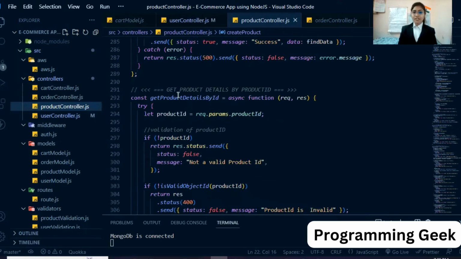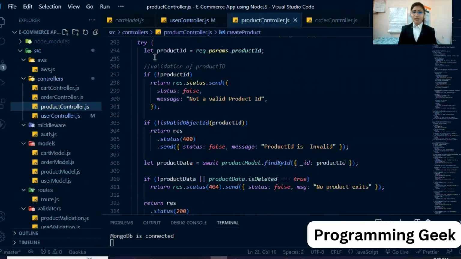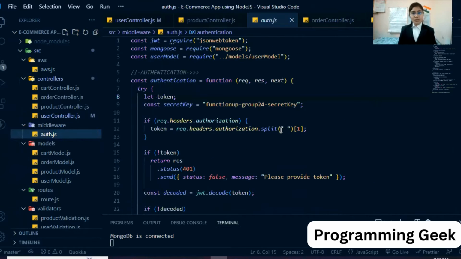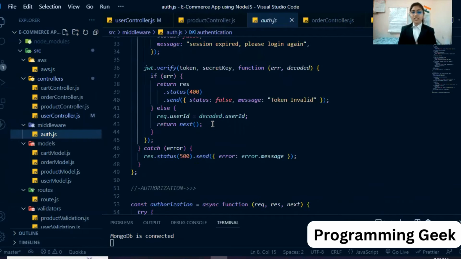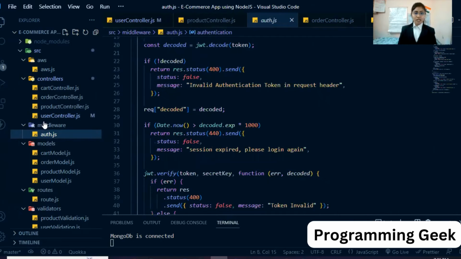Then I can fetch the data by product ID. First I store the ID of the product in a param. Then I validate this using an authentication method here. I use a JWT token. For this, I write two functions: first for authentication and second for authorization.